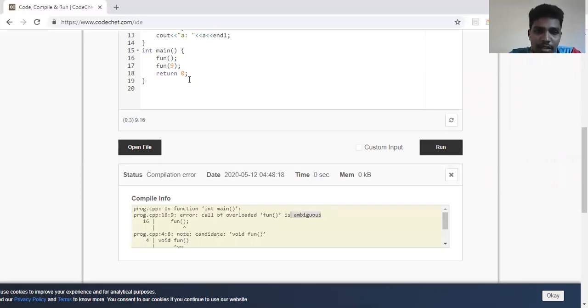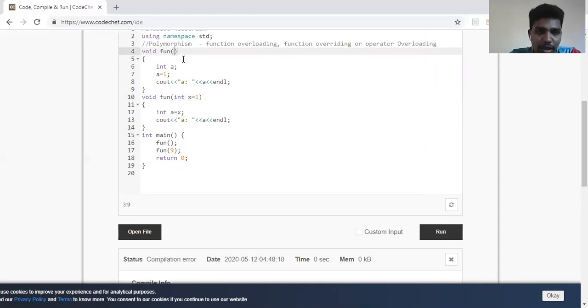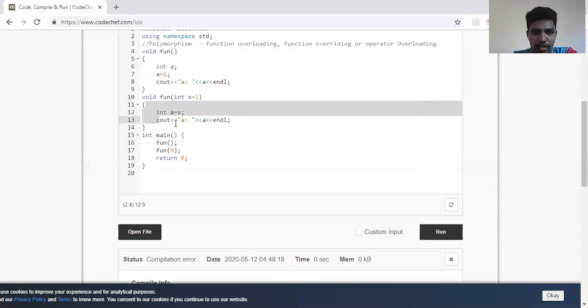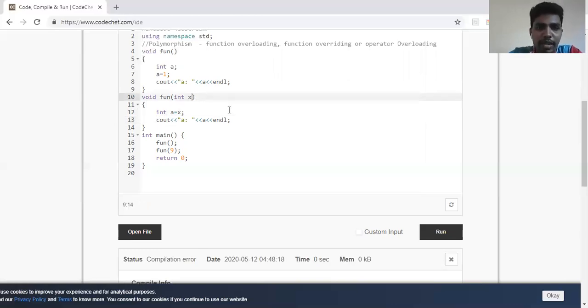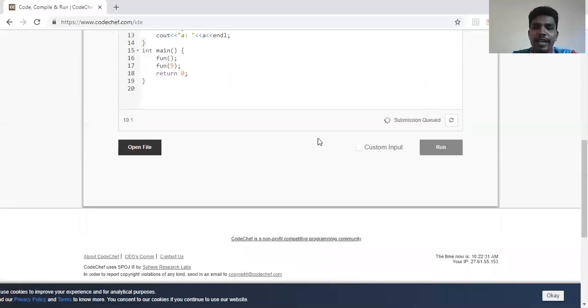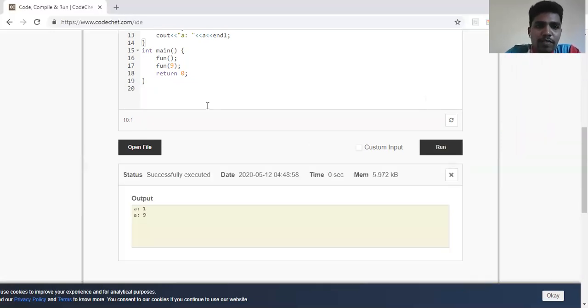Why? Because the first one doesn't take any argument, that's okay. But the second one takes an argument, and if the user doesn't pass any argument, it takes the value as 1. So this first function call can either go to the first function or to the second function. That creates a confusion, and these kinds of errors have to be avoided. But now there is no confusion if I remove the default value. This one takes no argument, so it goes here. This one takes exactly one argument, so it goes to the second function. So this way of running doesn't create any error. Be careful in creating an ambiguous state for the compiler. So this is called function overloading.